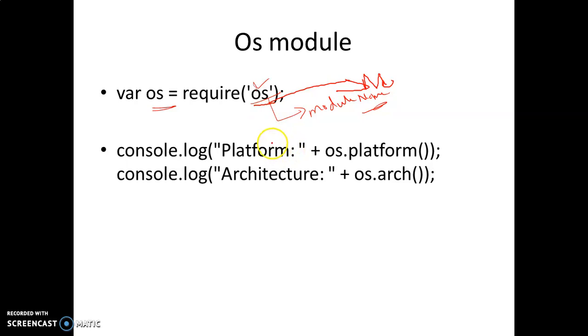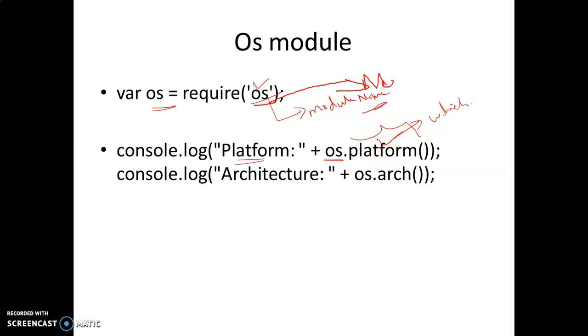For example, in this program I need to know which OS platform I am using. For denoting that, I am using platform. For getting the platform, I need to use a function called the platform function. By using this platform function, I can retrieve which platform I am using in my OS. So this is my object, and object dot that function retrieves the value of the platform.